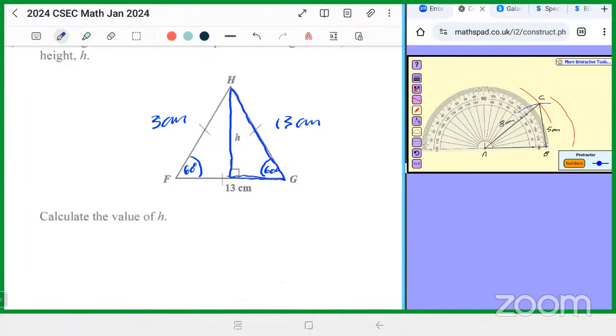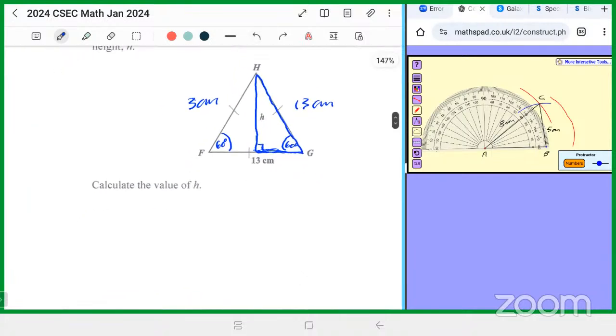and use so-called SOH CAH TOA. In that triangle, this should be 90 degrees. This should be the opposite that we want, and that will be the hypotenuse. All right, so it can be done that way. It can be done more than one way. So I'm going to use that method first, and it's going to be sine of 60 equals the opposite over the hypotenuse. So the h will be the opposite, right? So we use sine. So the sine of 60 degrees would have been equal to the h over the 13